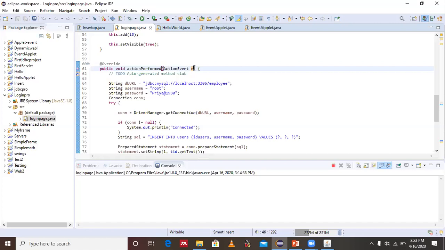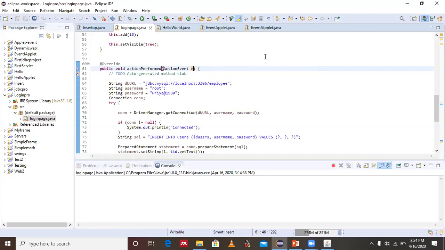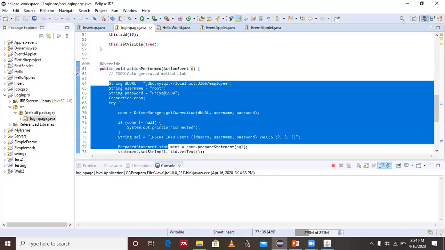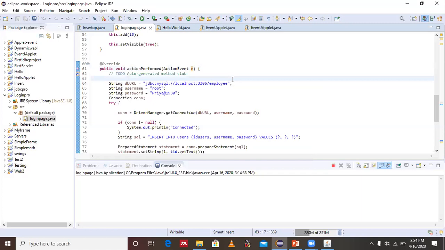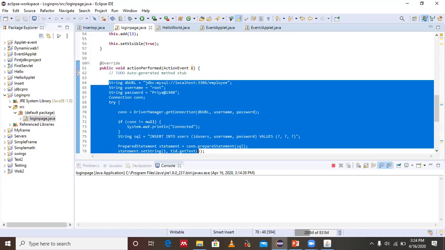So this ActionEvent e object contains the information that b1 is a source and a click event has occurred on b1. So now what to do? When the click event has occurred on b1, that logic we have to write down in this method. What to do when the click event has occurred on the button, that logic we need to write down into this method.